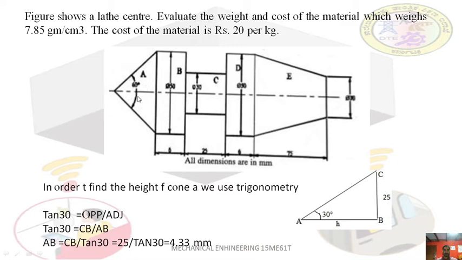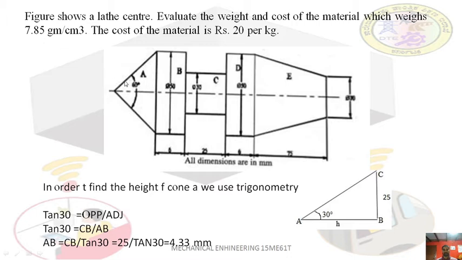The first part is a cone, since it has a diameter here and a sharp corner, an apex, at the end. We are splitting up the component into 1, 2, 3, 4, 5 parts. We have the cone in the beginning. Next is a solid cylinder of diameter 50 and length 6 mm. All dimensions are in millimeter, so you need to convert into centimeter because the density is given in centimeter. It is better to calculate volume in centimeter in order to convert this into weight.